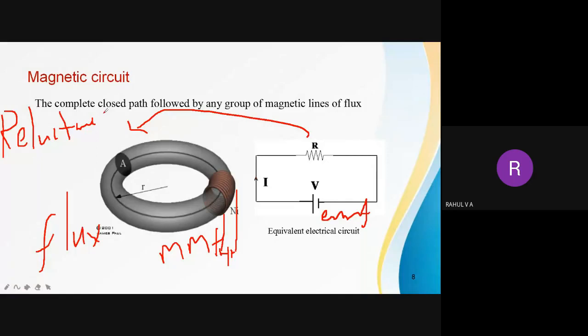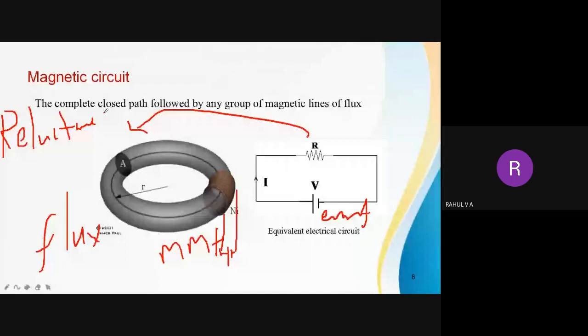Then we have seen what an electromagnet is. For an electromagnet, we take one iron core or ferrite core, and on that we wind a conductor, wrapping the conductor around the core. When we give current to this coil, it energizes and a magnetic field is formed. That is called an electromagnet. Using this electromagnet, you can attract objects. When supply is given, it will attract the object. When supply is disconnected, again it will not attract.